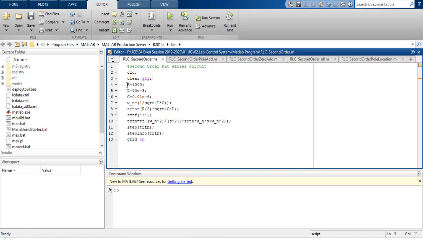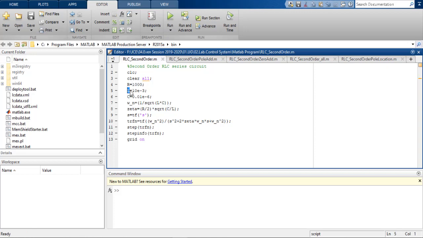Now here you can see we have declared the values of R, L, and C. MATLAB does not understand that this is a resistance, this is the inductance, and this is the capacitance. We have just made particular variables. The variable R contains data of 1000.